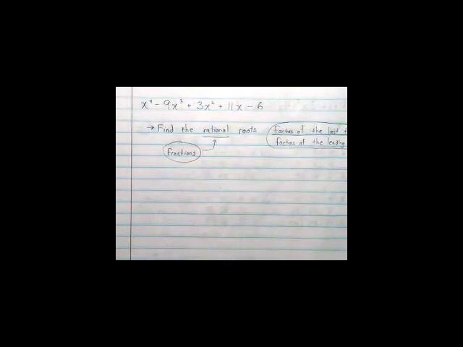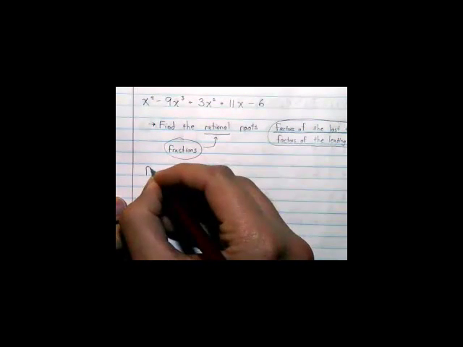And by doing that, we're going to make a list of a whole bunch of numbers. And those are all going to be our potential rational roots. Okay, and then from that list, we're going to start testing each one systematically to figure out which ones work and which ones don't. Kind of like we did at the end of class yesterday where we did synthetic division and we tested each one using synthetic division to see which ones worked and which ones didn't. Okay? So, for this particular problem then,